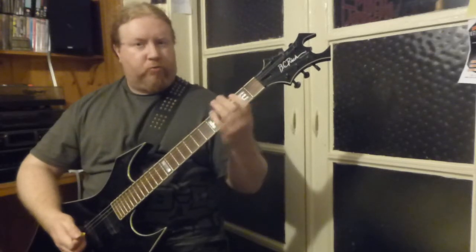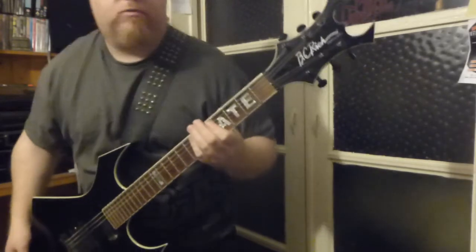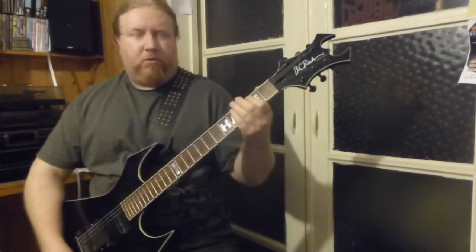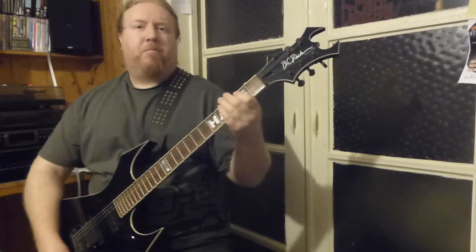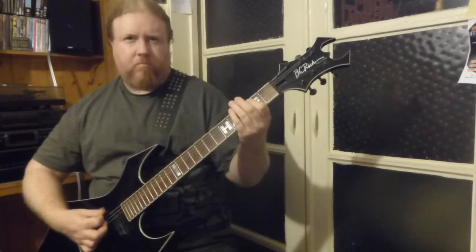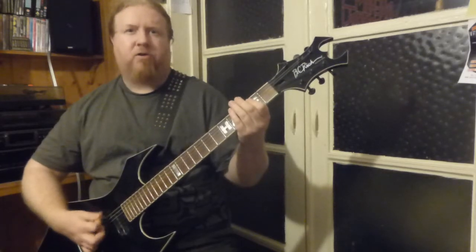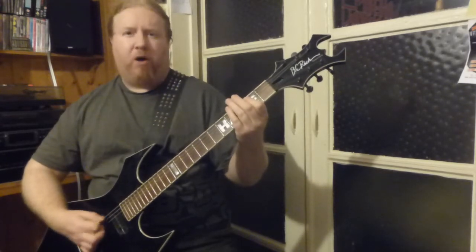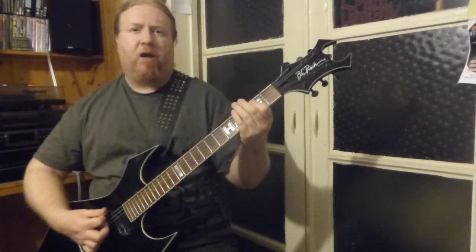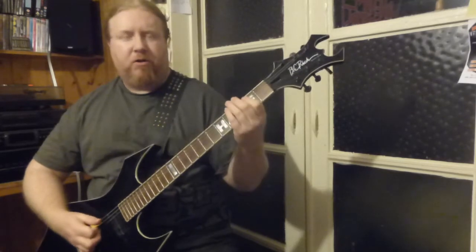So basically you've got traditional riffs that are more like blues. I'm not really going to demonstrate any here, but in thrash terms, with the added percussive palm muting and whatnot, you get this sort of feel. It's like 1, 2, 3, 4, 1, 2, 3, 4. And it's like 1 and the 2 and the 3 and the 4 and the 1 and the 2, and I've got to slow that down. 1 and the 2 and the 3 and the 4 and the 1 and the 2 and the 3 and the 4 and the...